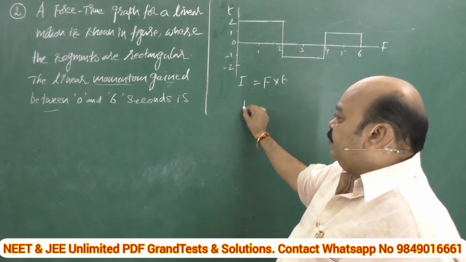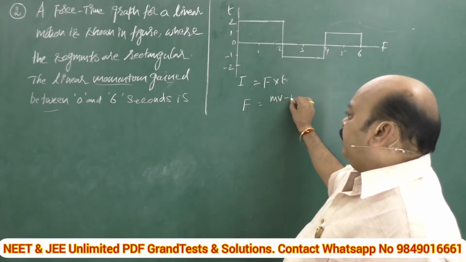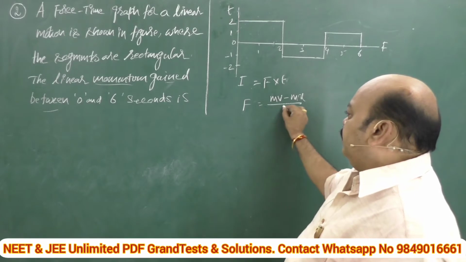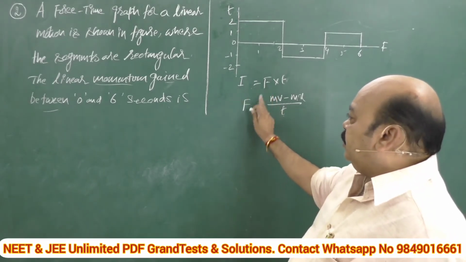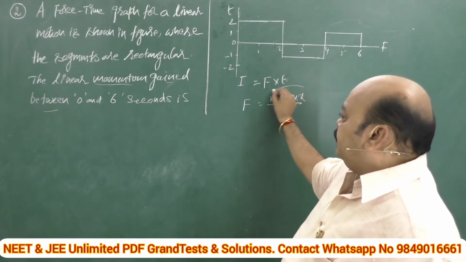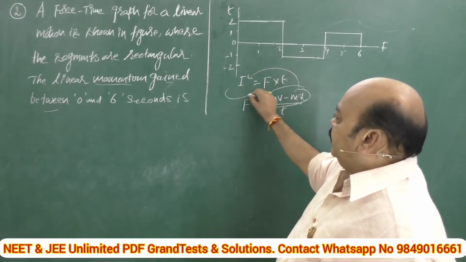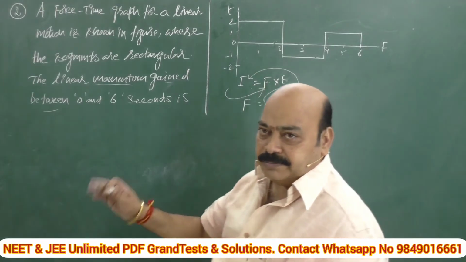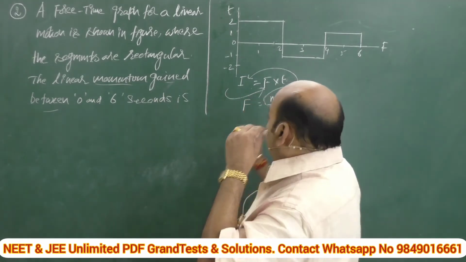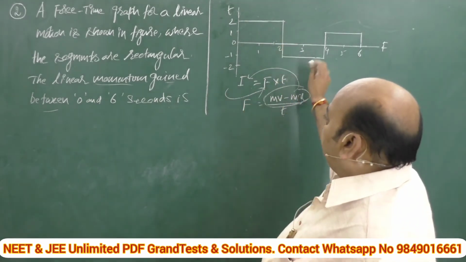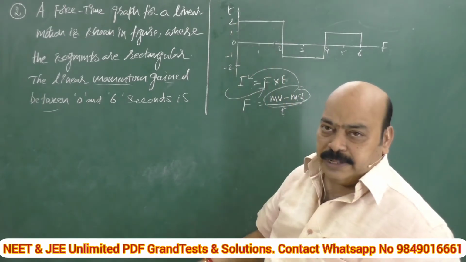According to Newton's law, we have force acting is equal to change in momentum, final momentum minus initial momentum, by time. If we get this to left hand side, F into T is nothing but impulse. So, change in momentum or impulse or the product of force and time are same. If you catch that point, you can comfortably get into this. F into T, as per this graph, is simply length into breadth, nothing but area.